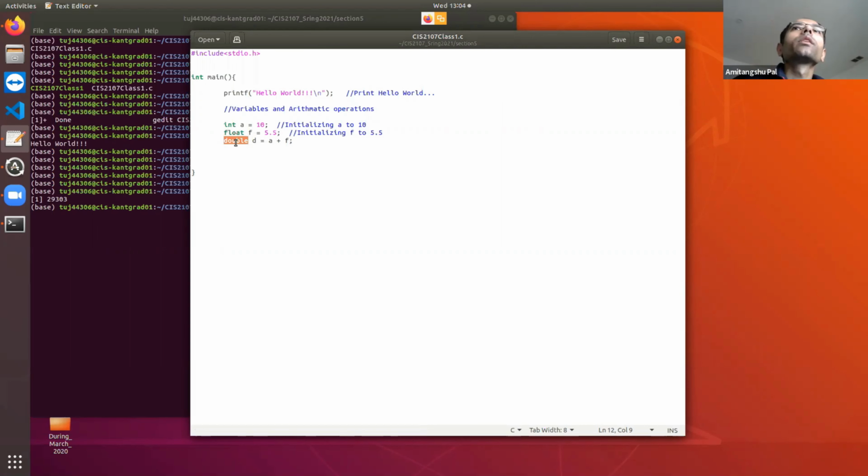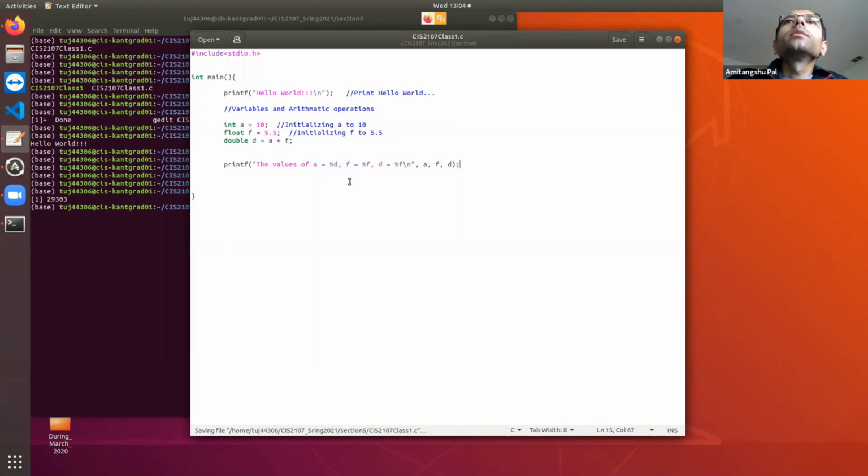Now let's say I want to print the values of these three numbers. So I will write printf, the values of a equal to %d. I am coming to this %d notation in detail in a minute. f equal to %f, d is equal to %f, backslash n means new line, as we have already learned, then a, f, d.